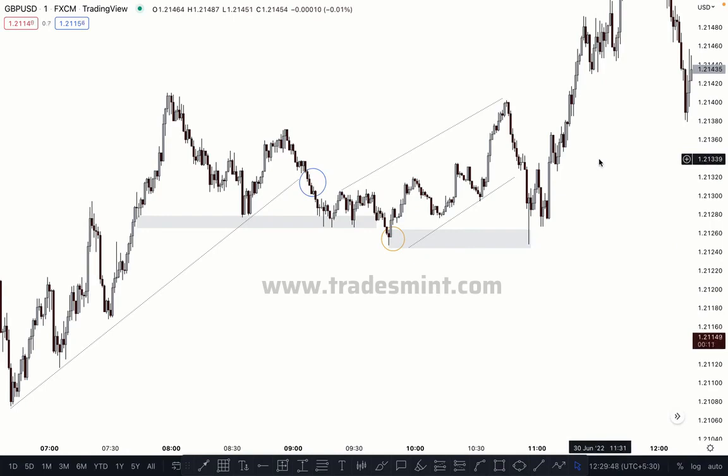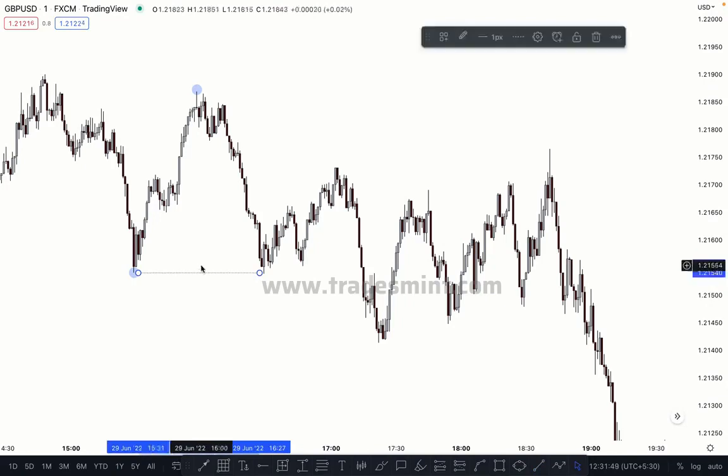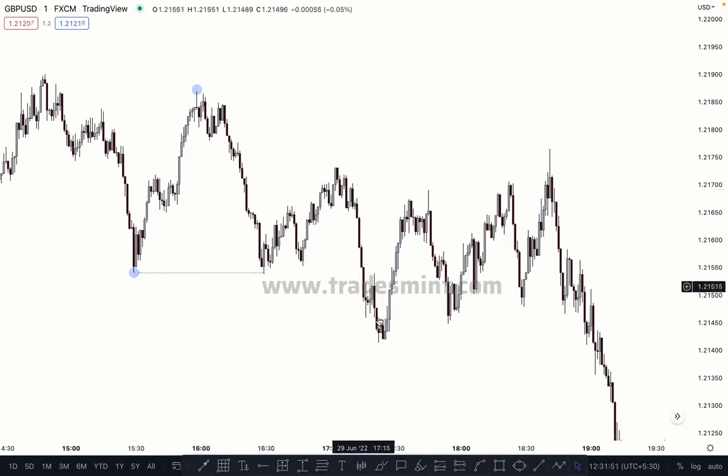So you need to understand where the liquidity is. First identify the liquidity, then the structure: is the structure bearish or bullish? Then you have to wait for the liquidity, then the market liquidation, and then take an entry. The same thing applies here. As you can see, if I mark the first structure, here is the recent swing low and recent swing high. As you know, once price breaks the structure, which is here, this is an equal low. You can say the market slightly takes the low, then pushes higher and pushes downside.